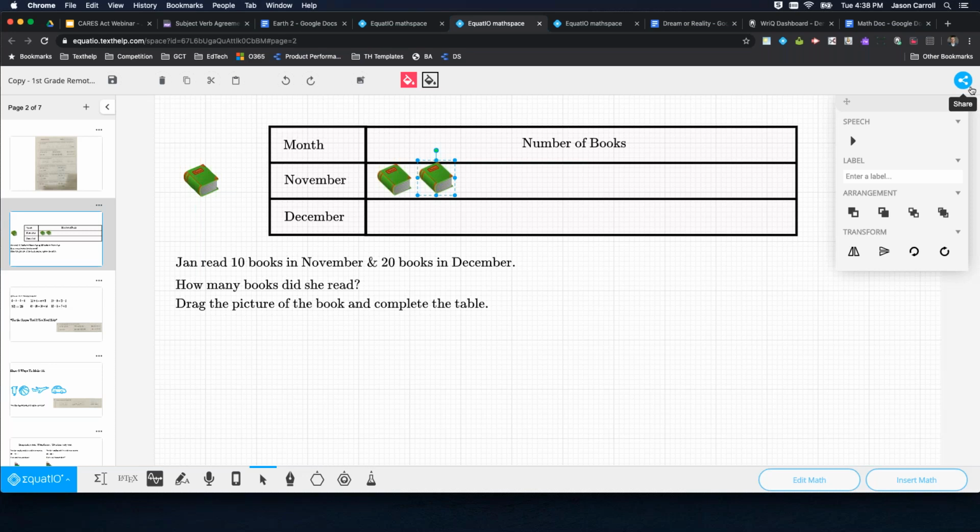But I hope you can easily see that you can go in and create these math spaces and do really engaging stuff with it. Now, there are shapes we can choose here. You can see if I wanted to add the circle or rectangle, but there are dozens of shapes. If I said fraction bar, you can see there are fraction bars. So you can create an unlimited amount of activities, share those with students for them to work on and turn it back in. When they turn it back in, you can just go right into your math space or your dashboard, see they turn it in,